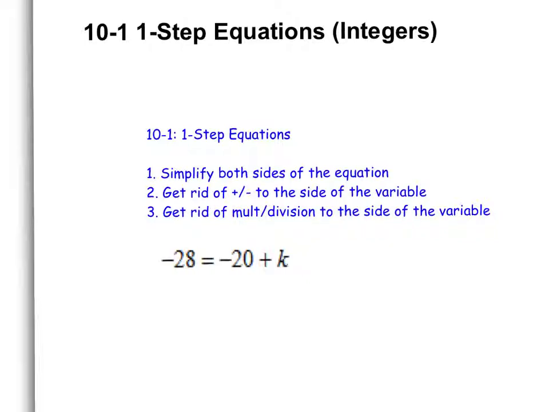So as we look here, we can't really or don't need to do step 1. There is no simplifying on this side or on this side. We do want to focus on the side with the variable. Okay, so we'll go to step 2, get rid of addition and subtraction to the side of the variable. So I can see right here I have adding a negative 20. So in order to get rid of the negative 20,